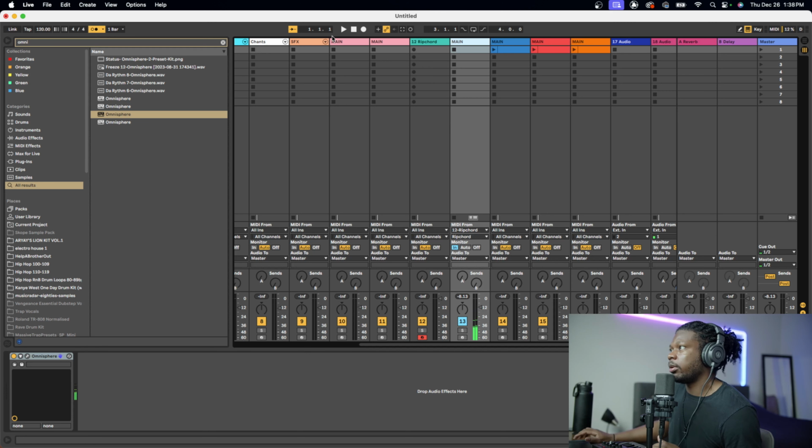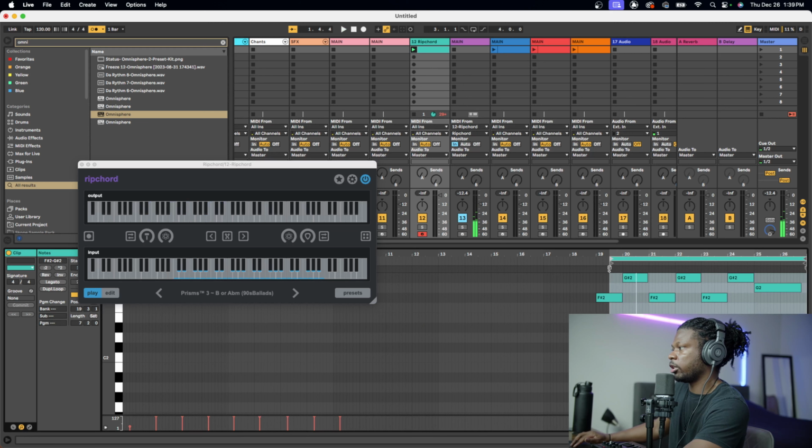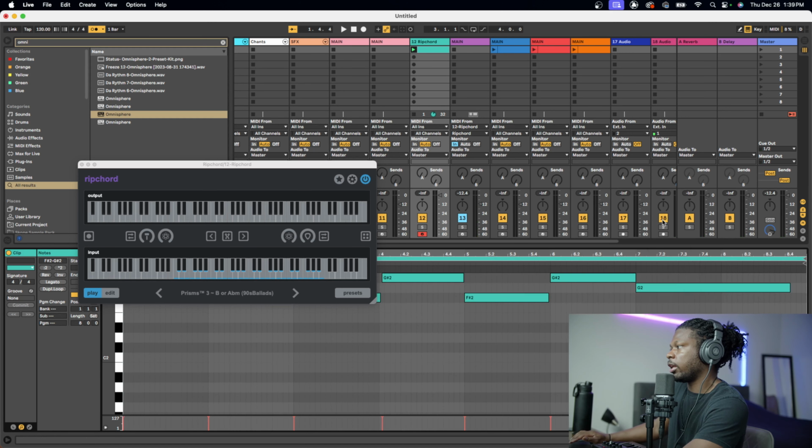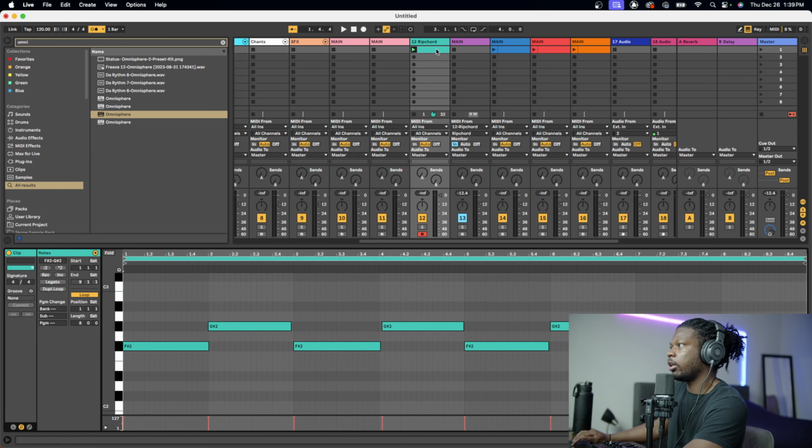So you played something. If you go up and you see this hollowed out square, you toggle that, you will capture the audio you just played. And that's a great way to, if you had an idea and it's like, wow, that was great, there you go. Now the other way you can do this is you just go onto the MIDI track and you see